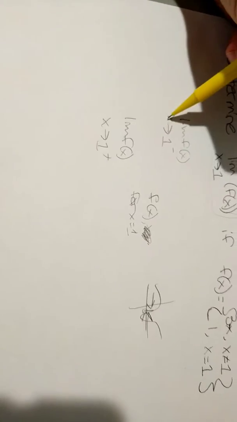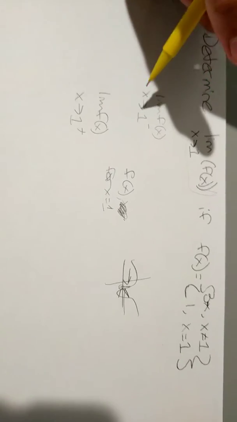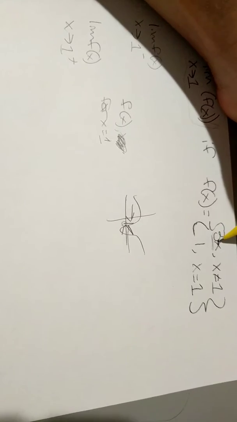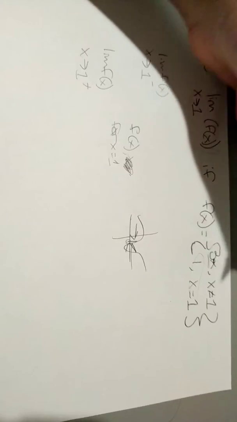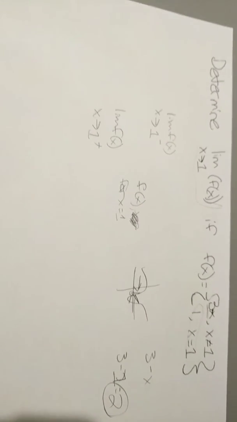Okay, so first, to find the limit of f of x as x goes to 1 on the negative side, well, you can see as it goes towards 1 from the negative side and from the positive side, it's going to be the same thing, because 3 minus x, disregarding this part, is going to be continuous. So we can just plug in 1 for this top function to find its limit. So 3 minus x, when x goes towards 1, that's going to be 3 minus 1, which is equal to 2. So we can see that the limit as x goes towards 1 is actually going to be